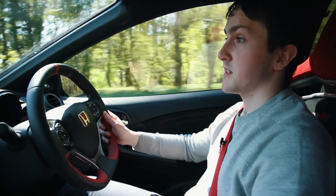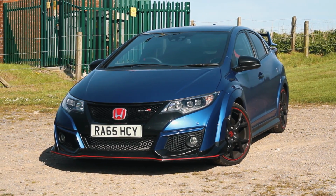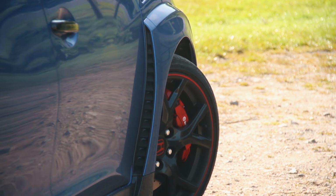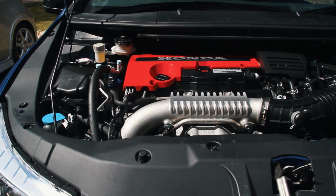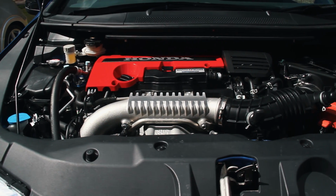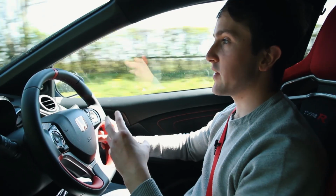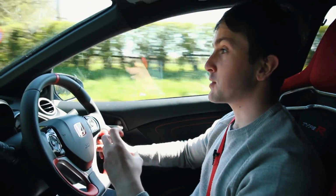This is the new Honda Civic Type R. This has been out a year now, and this is quite a big departure from the Type Rs before. Rather than a naturally aspirated VTEC engine, it's a 2-litre VTEC engine, but it's turbocharged. So rather than 200 horsepower, you've got 306. I can tell you from having lived with this car for the last week that there's just so much performance